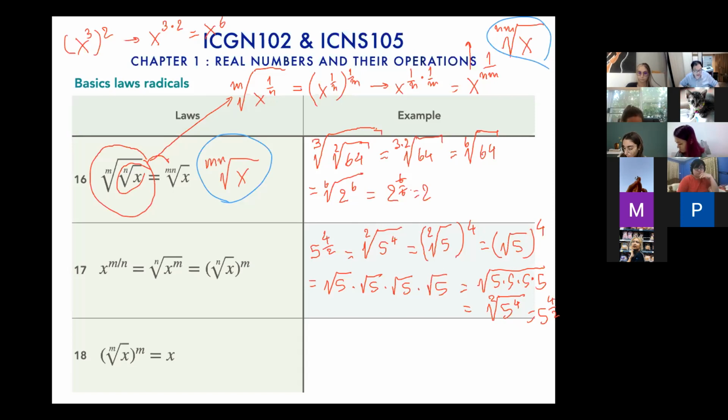For this law, do you have any questions? Anyone? If no,